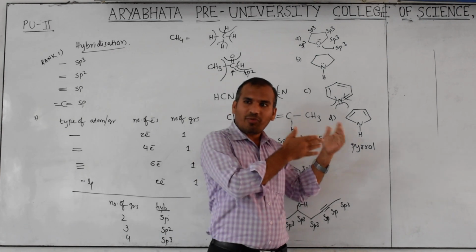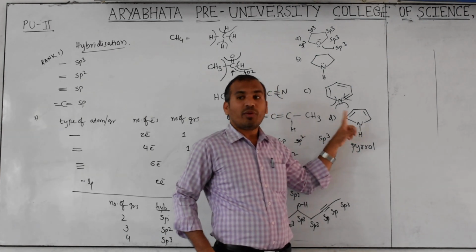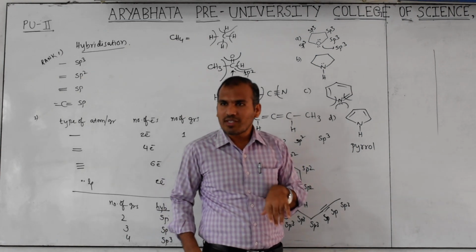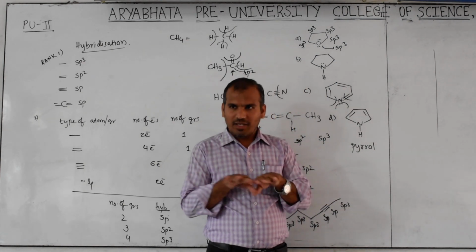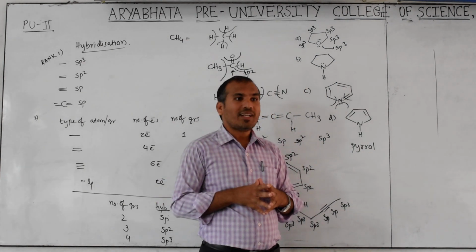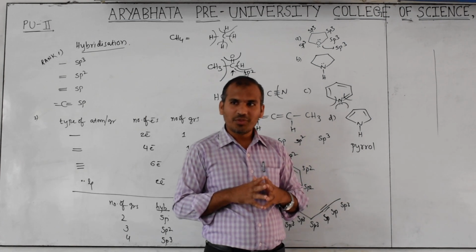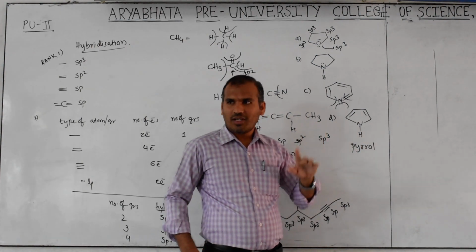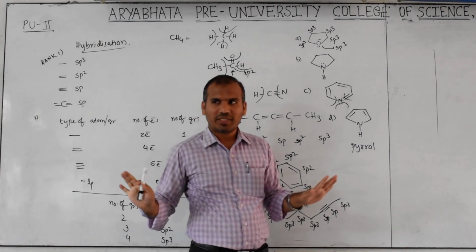So already it is aromatic. Due to this aromaticity, it should be planar. Planar means which hybridization should it contain? sp2. Because sp2 means what is the shape of the molecule? Trigonal planar. sp3 means what is the shape of the molecule? Tetrahedral. Tetrahedral is not planar. Got the point? So this is the exception part. Clear? According to this shortcut, we would get sp3, but it is not sp3.